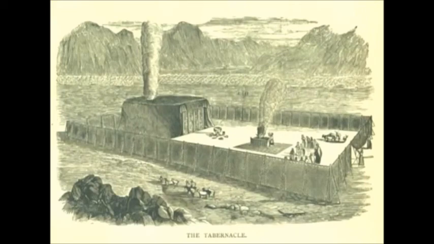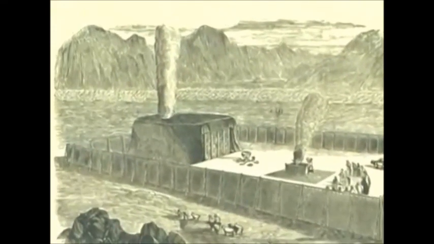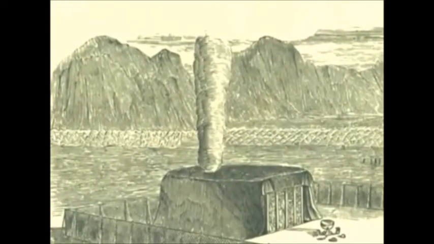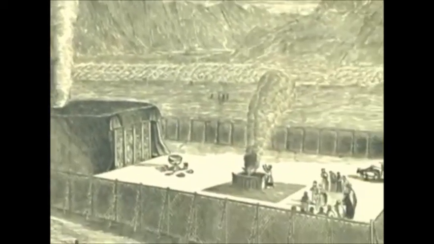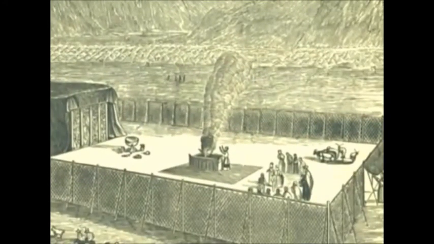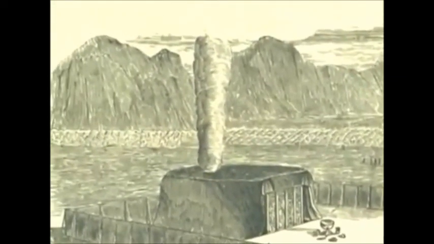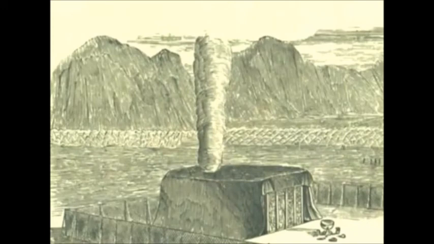They had a temporary tent system to host the ark in the middle, and they called it the tabernacle. And they show here the vortex of cloud rising above the Ark of the Covenant that's in the back of the tabernacle. Just so you understand, this is the fire of sacrifices that are in front, and you see the smoke just dispersed. But in this case, it's a very organized vortex type of smoke or clouds that orbit on the top of